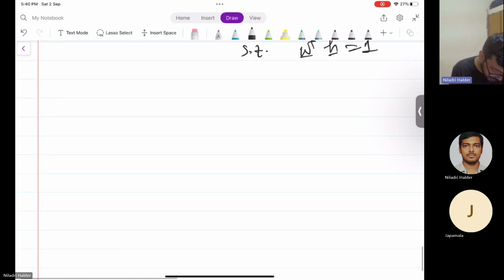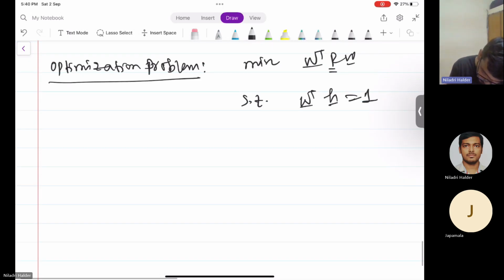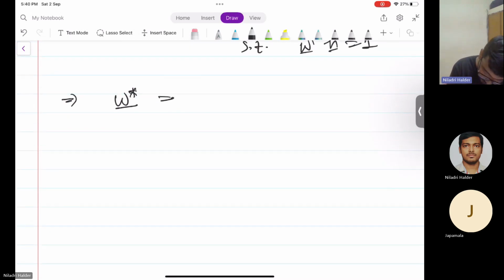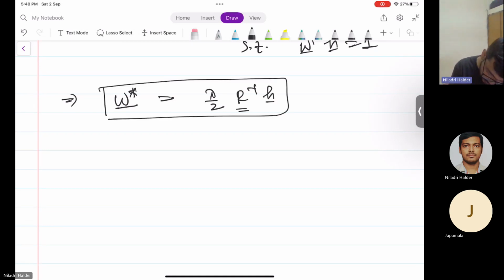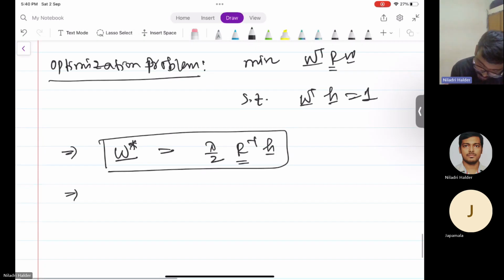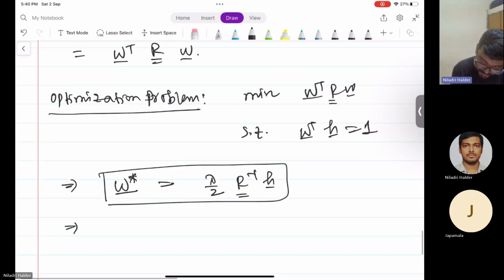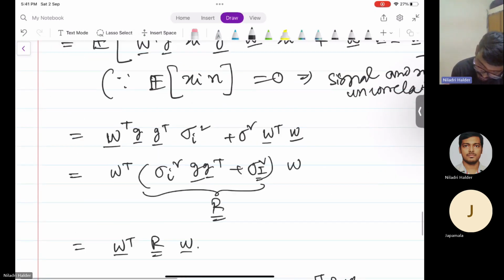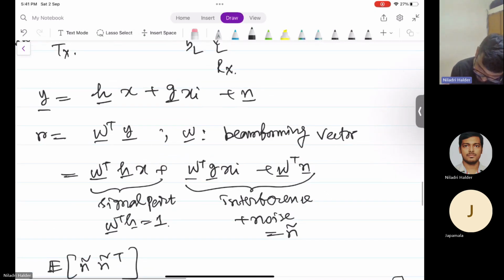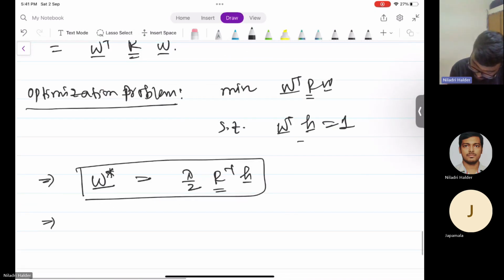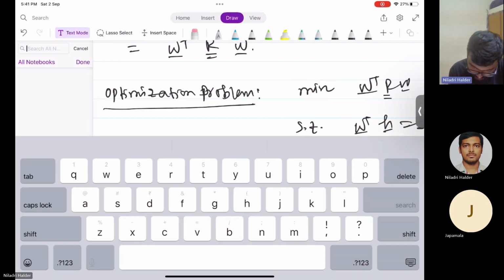That will give the solution W star. The process is the same: W star equal to lambda by 2 R inverse H. Putting this optimal W star in this constraint equation